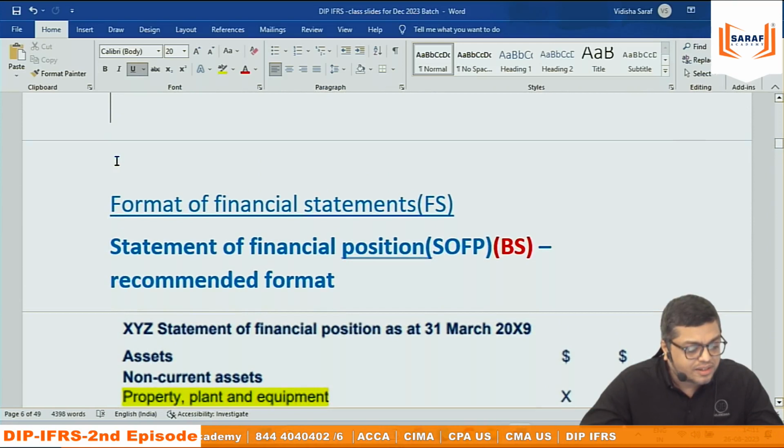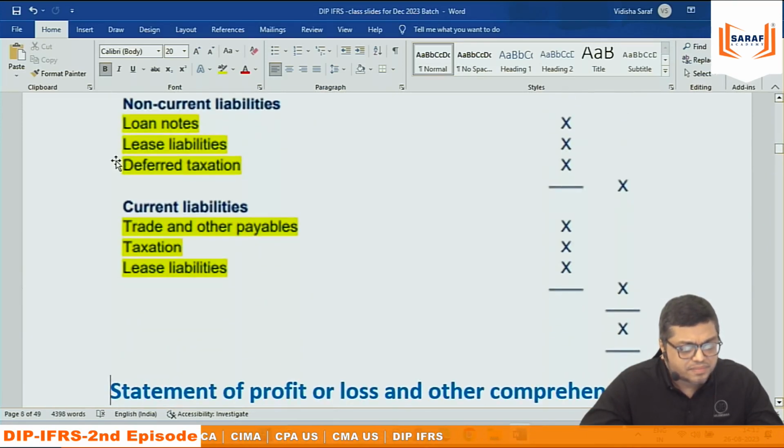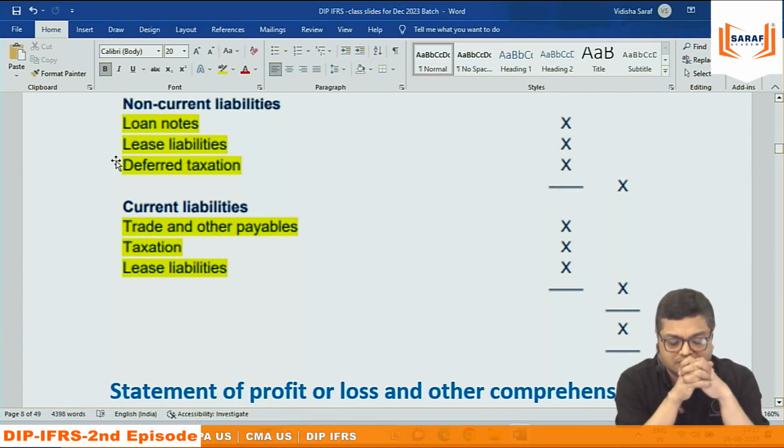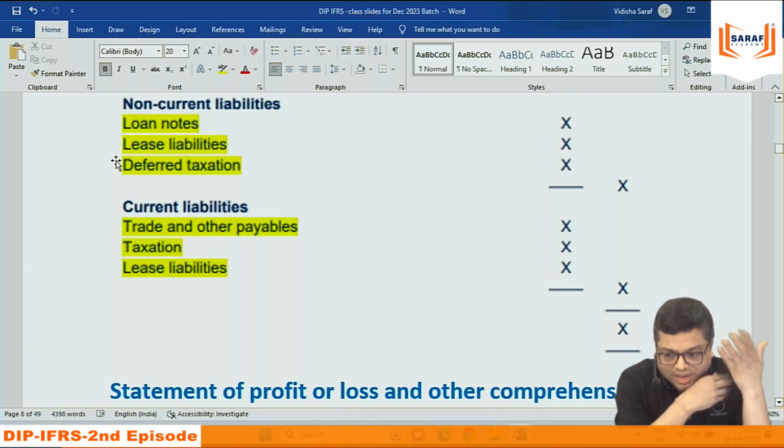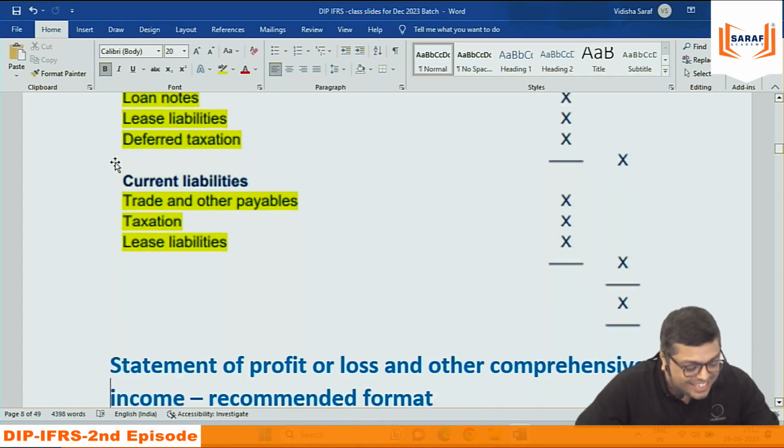Sir, I can understand these things. Sir, I'm talking about the calculation of the retained earning. Sir, this is my net profit, so net profit minus dividends equals retained earning. Is it? Whatever I am saying, you are not getting. Whatever you are saying, I understood. Believe me. Give me 2 minutes. I am saying that,